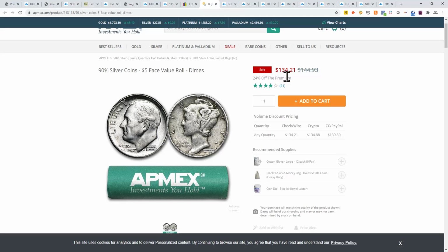And so anyway, given APMEX, they claim to have this metal in stock, ready for delivery, and at this price for a roll of dimes. This is a roll of 90% junk silver dimes, and APMEX is going to sell it to you for $134. It's about $37.54 an ounce, I believe. And so I would submit that the real price of physical silver, if we're talking about junk silver today, is what APMEX is charging for it. It's $134